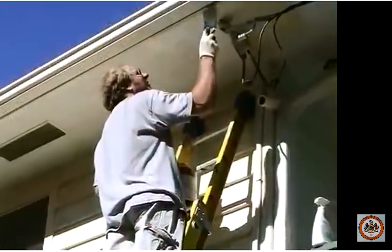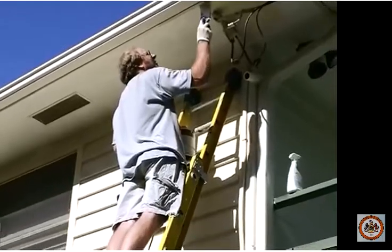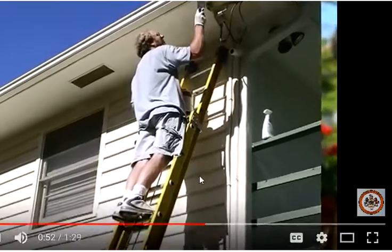If you're going to clean out any gutters or do any roof repairs, make sure that you're inspecting the ladder each time before you use it. Make sure that when you're using the ladder that you always abide by the 4-to-1 rule. For every 4 feet of ladder height, you have 1 foot away from the building or the object that the